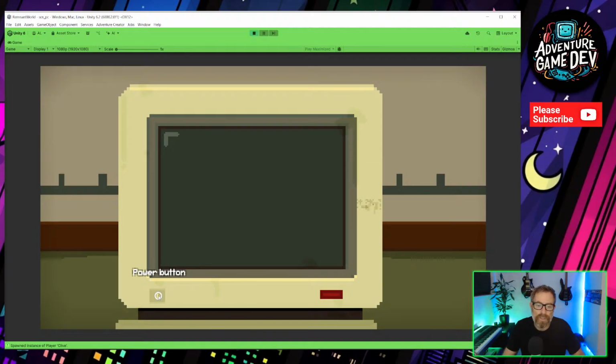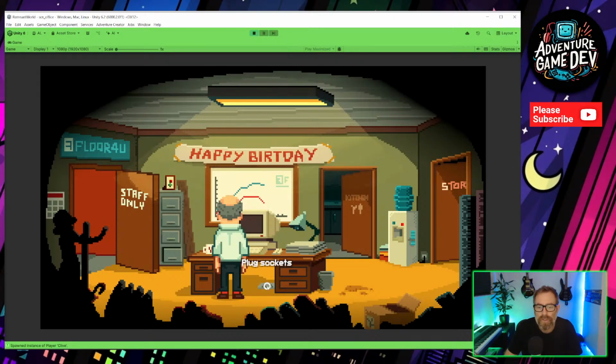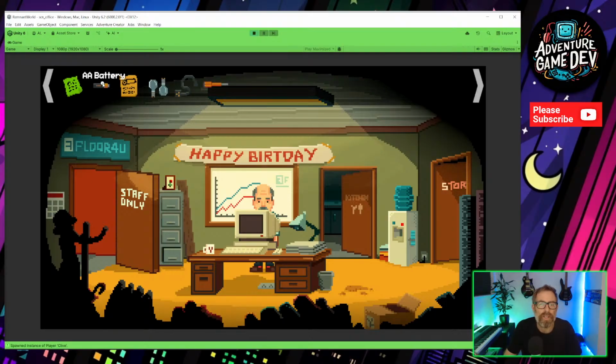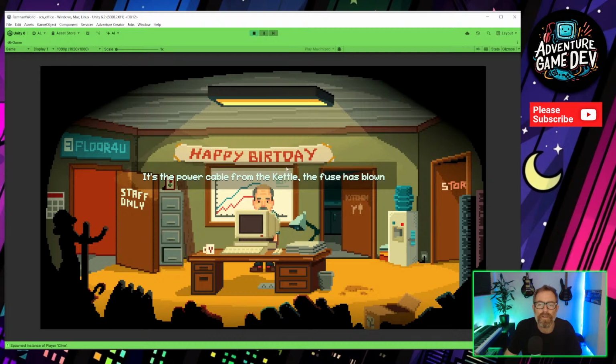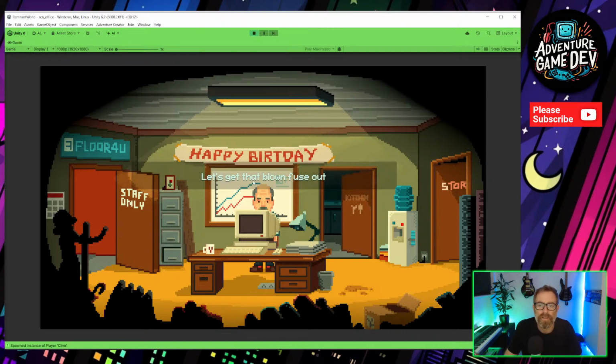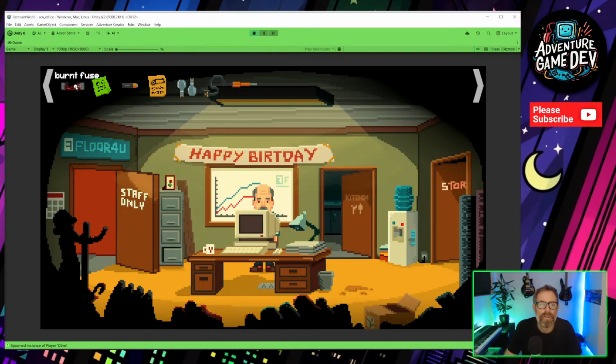This is a separate scene. When you try and turn the power button on, it doesn't work. But then now you know you need to look at the plugs. So the plug sockets become available. You look at them. I'll explain when the PC won't turn on. Power lead's missing. So he now knows that he needs to plug it in. I've got it already here. Oh, the fuse is blown in that one, so you've then got to use the screwdriver with the kettle lead, get the blown fuse out. So you've got burnt fuse. You then need to get...